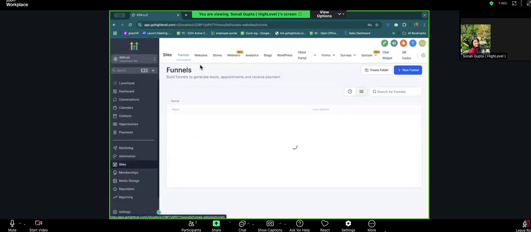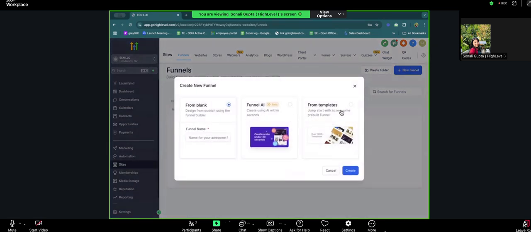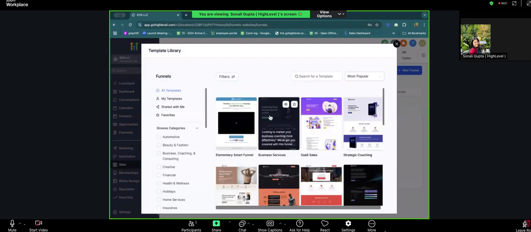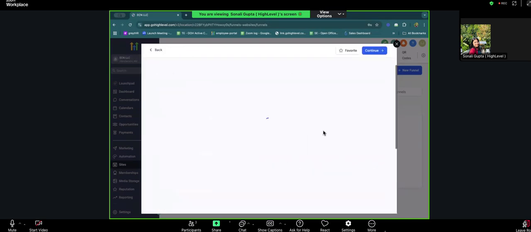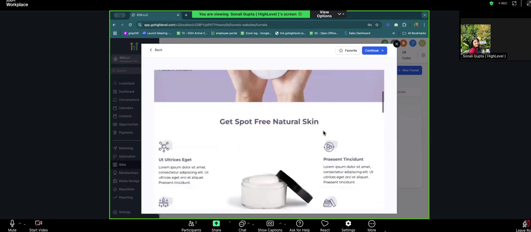And then you do have, let's see, some funnels. So you have three options. Today we are going to discuss some templates. As you can see, you have 1,000+ templates already available, which are ready to publish. That means you can actually customize it according to your business. You can completely change the look and feel of these pages. So this is one of the examples, as you can see.